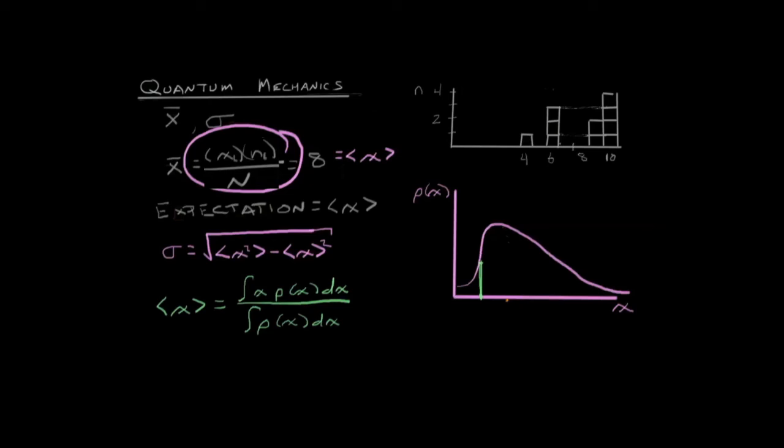So in summary, we have a relatively simple equation for identifying the mean, and we have a way of understanding what that mean actually is defined as an expectation value, and we've looked at it for both discrete probability distributions as well as continuous probability distributions. Finally, we've seen how that expectation value of x and the expectation value of x squared relate to the standard deviation, or the measure of the spread of the data. Join us next time as we look at how this relates to probability.